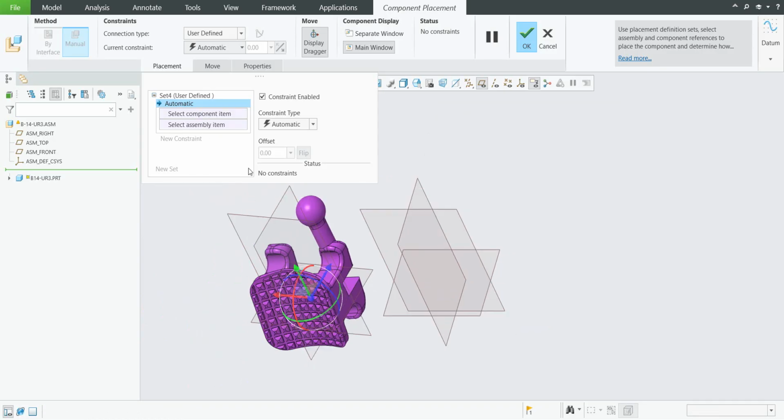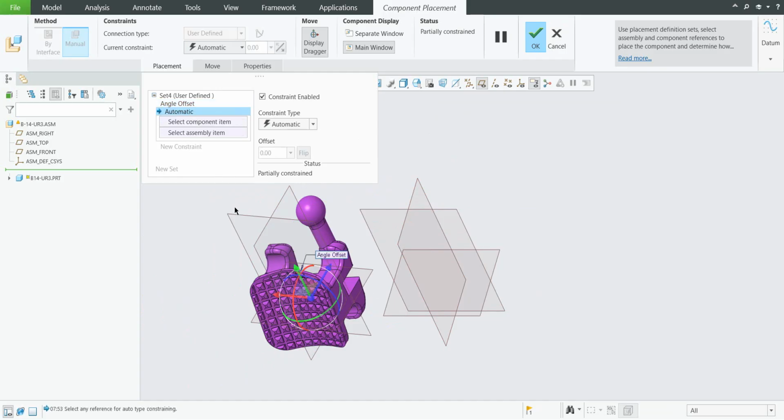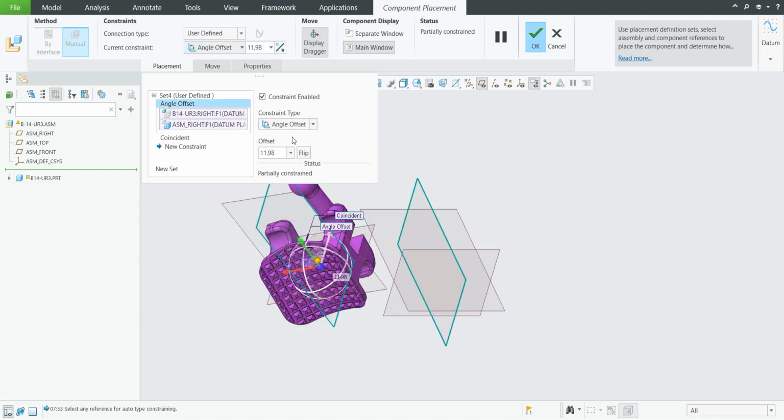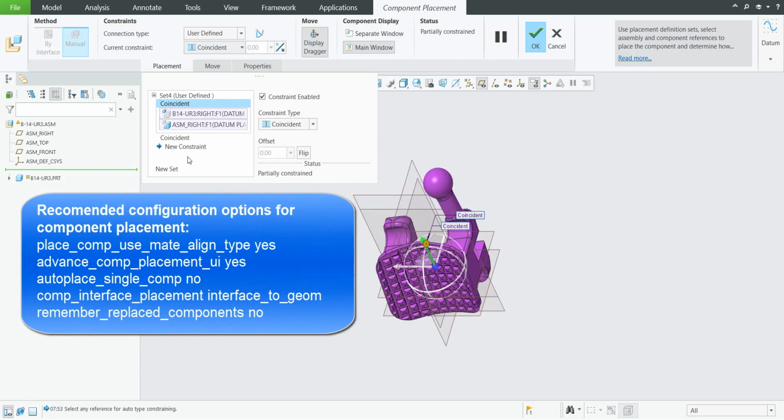Then we can simply select the component datum plane, or reference surface, and the datum plane from the assembly. We will specify new constraints and select another two objects. If we would like to use the coincident orientation, it will be coincident. Also here I see that I didn't specify the coincident orientation. What is great with the configuration option is that you are able to specify that the system will automatically use the proper orientation, mate and aligned, so it will be coincident immediately. But for now I'm using the default Creo 11